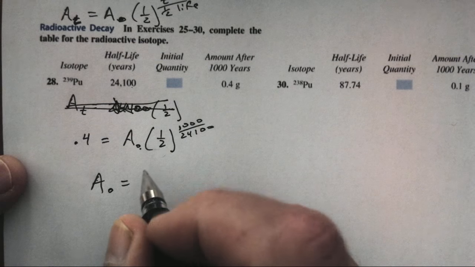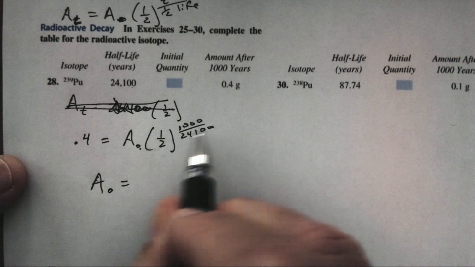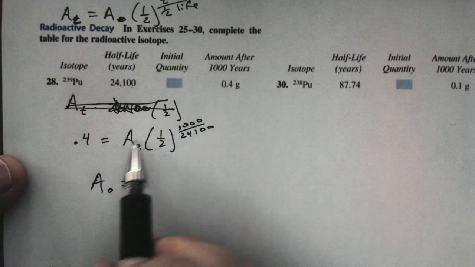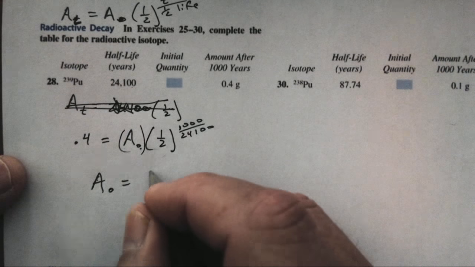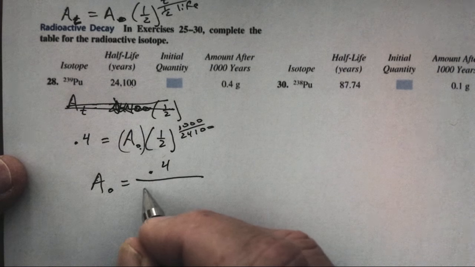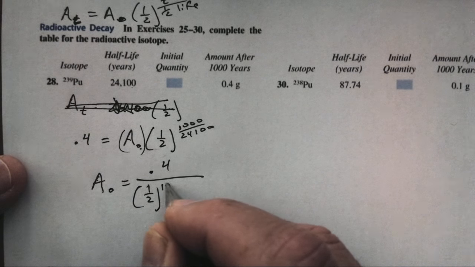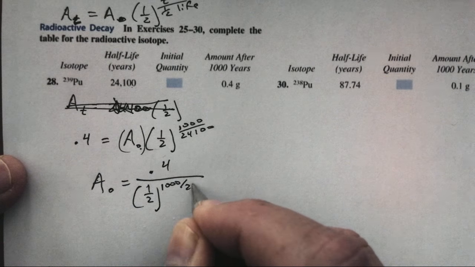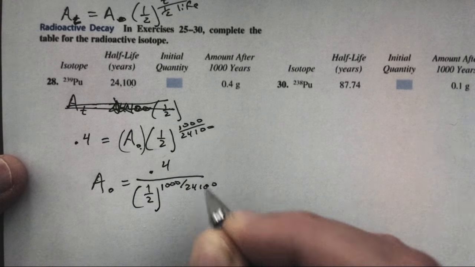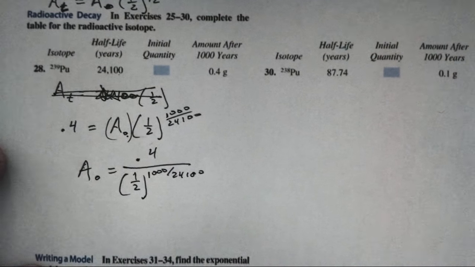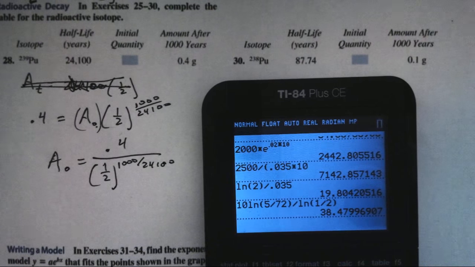So A naught equals, I don't have to use a logarithm, I don't have a variable in the exponent, I just want to solve for this. So it equals 0.4, and we need to divide away 1/2 to the 1,000 on 24,100. And there's our exact answer. Our approximate answer